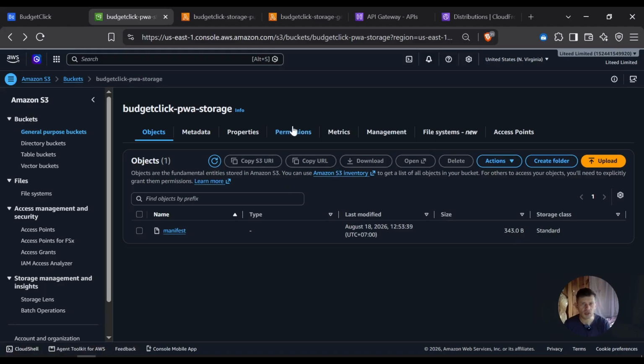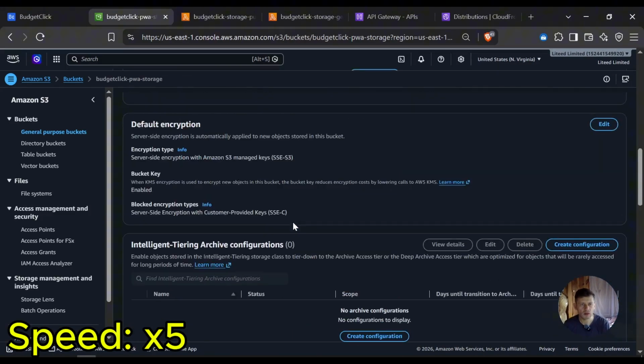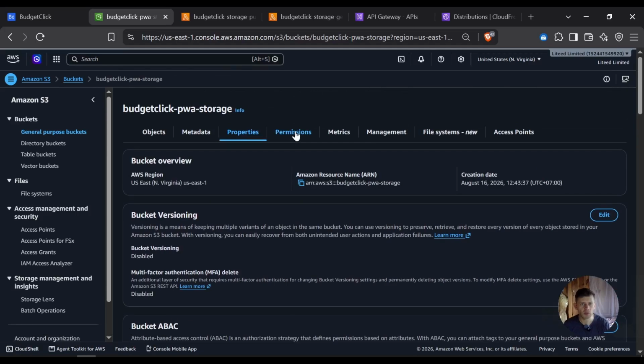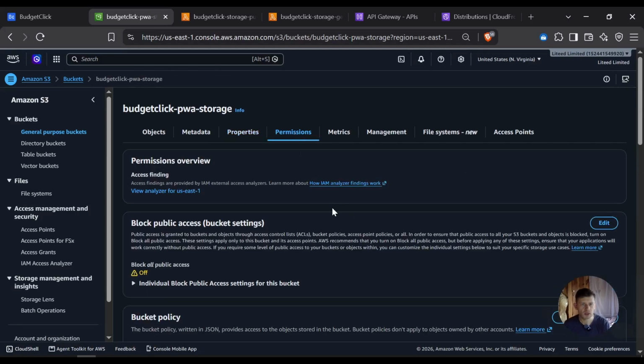So if we check the properties, if we check permissions, we see that public access is on. So block all public access is turned off, which means that anyone who knows the bucket URL will be able